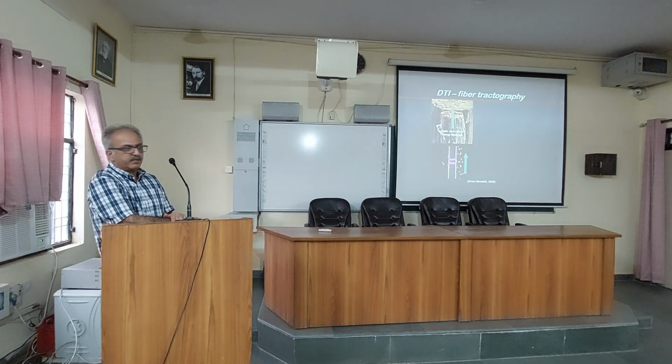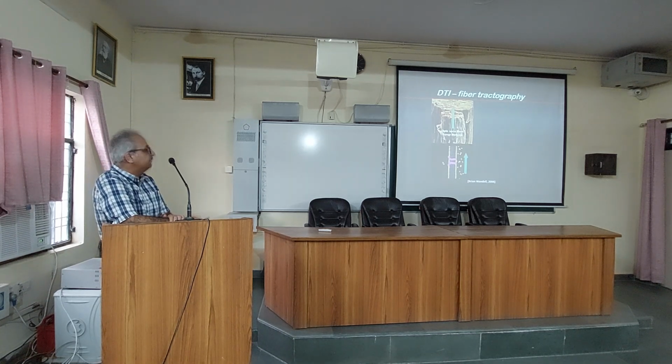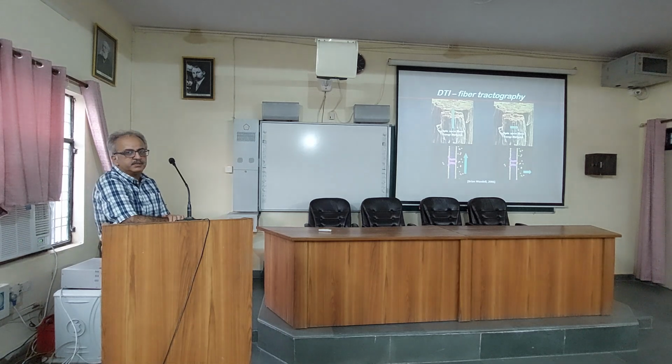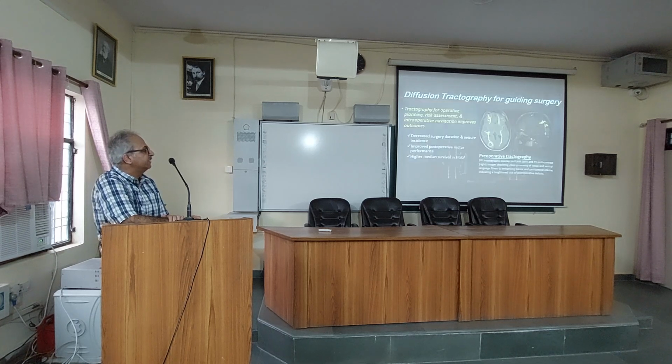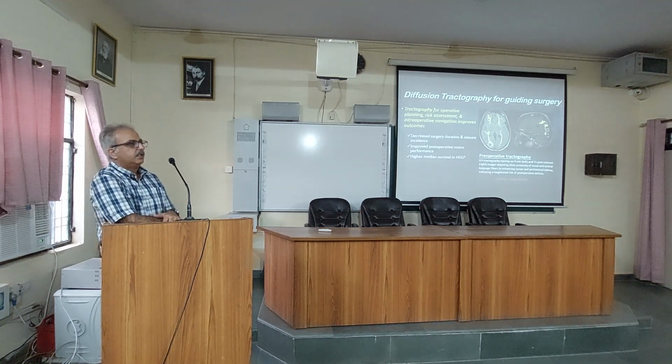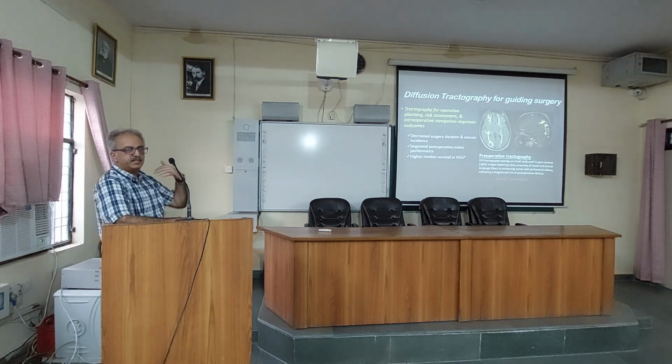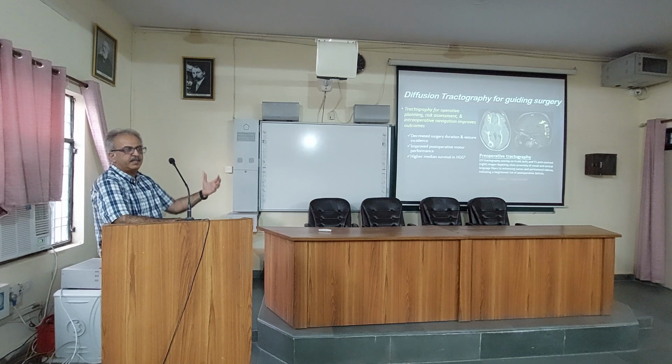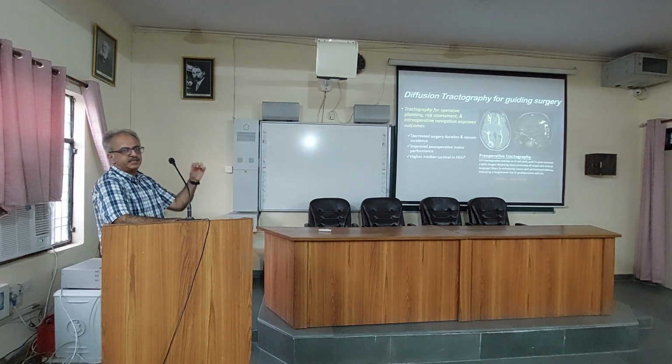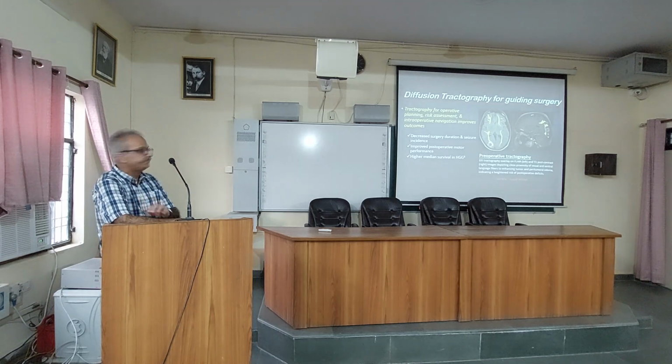Next thing is diffusion tractography. Basically, again, using the properties of diffusion MRI. If the signal is taken along this orientation, the diffusion would be high. If the signal is taken along the XY position, the signal will be low, the diffusion will be low. Using these properties, I can create what is called a white matter pattern. We know in the brain, there is white matter and gray matter. The white matter is basically the connections of the axons, versus the gray matter, which is the neurons. The axons carry signals from one part of the brain to the body, and hence they are very, very important for any function: speech,